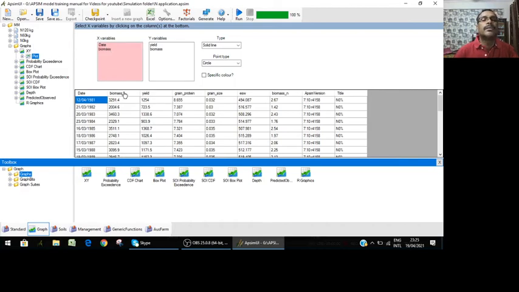Then biomass, not biomass here. So the pink portion, when you left click here, it will come to this side. Whatever was previously there, I am deleting it. Again, I am taking yield and biomass. So now that means whatever simulations we ran, all those three simulations, you'll find here.